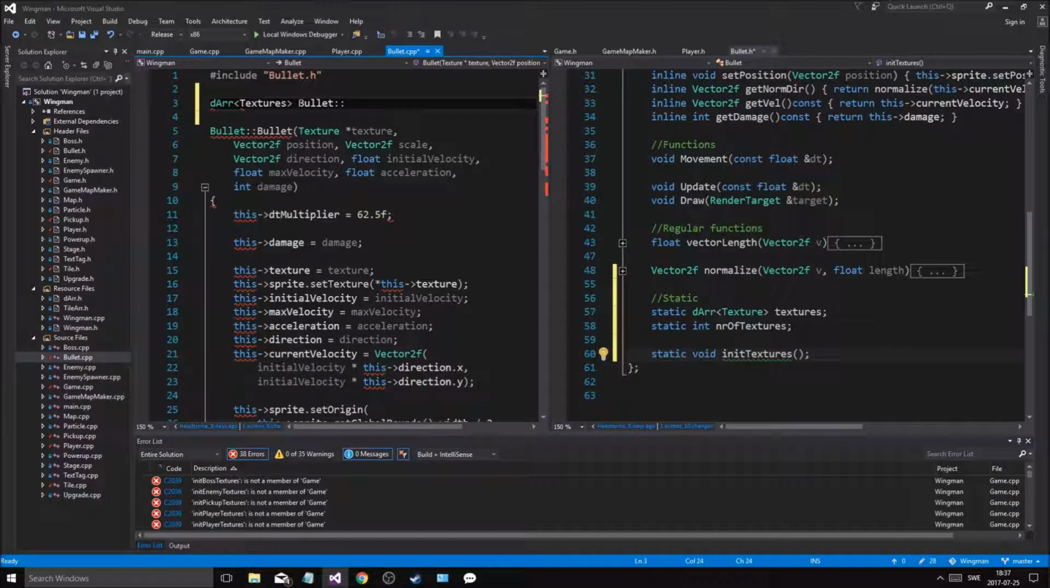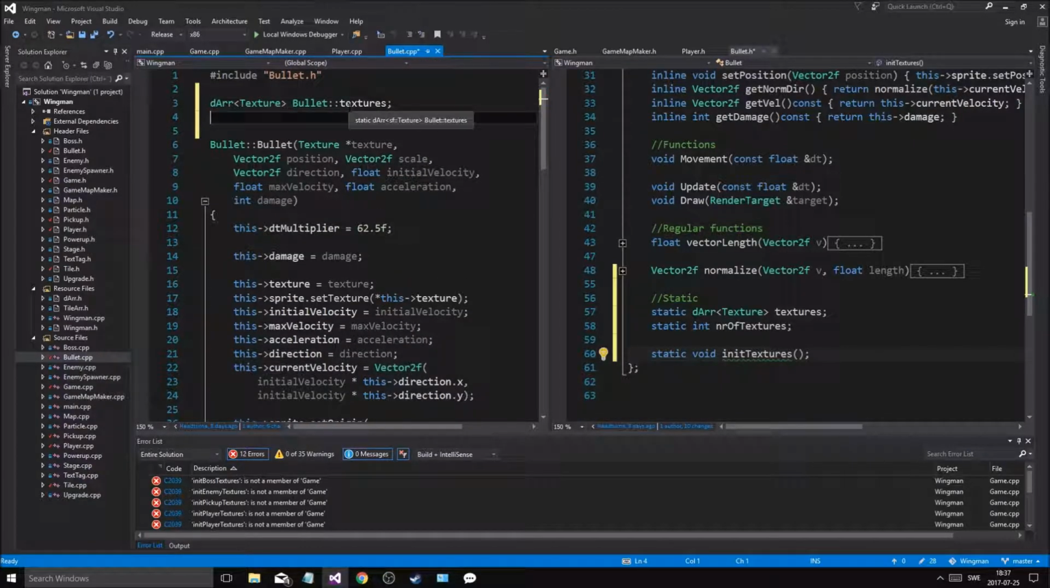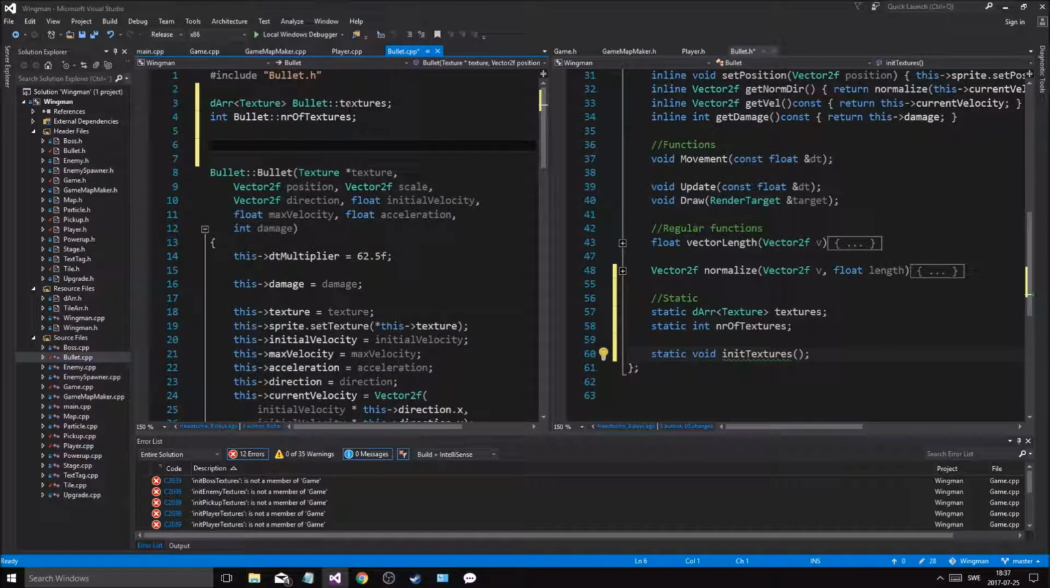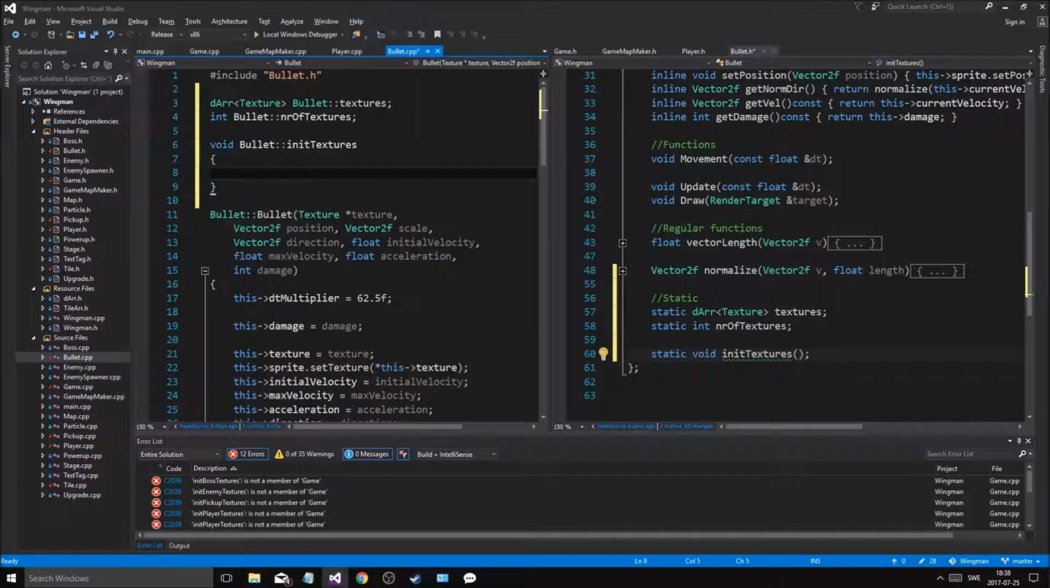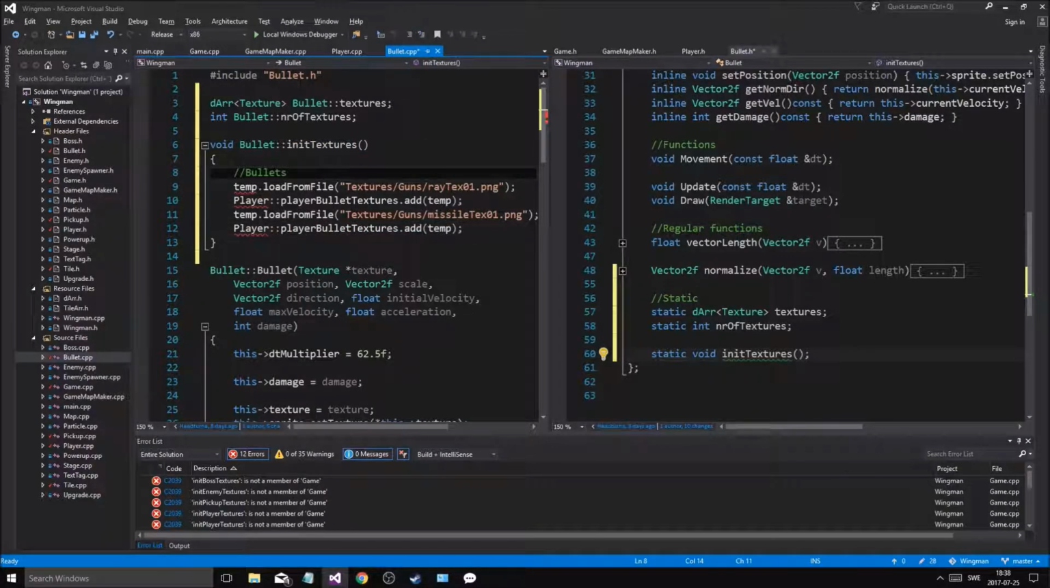Bullet textures, and then int bullet number of textures, void bullet init textures, and here we go. Now we can finally copy paste everything I did here, and then just say